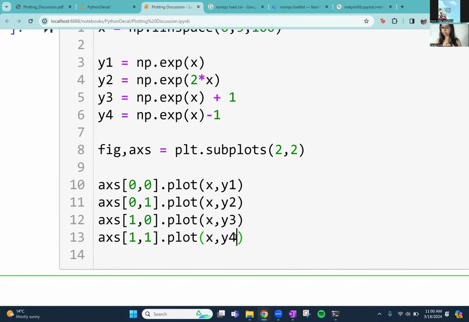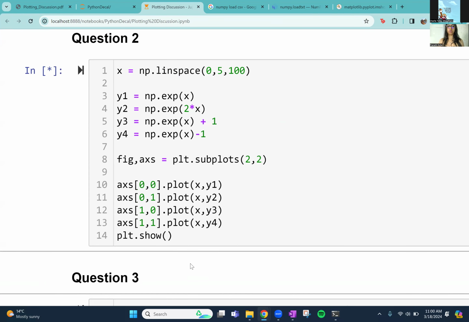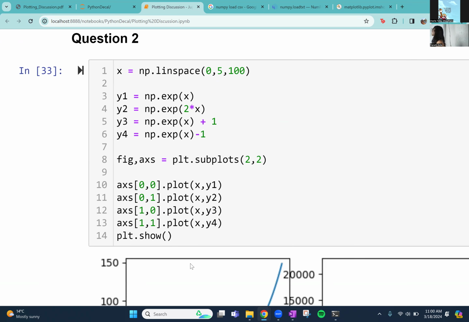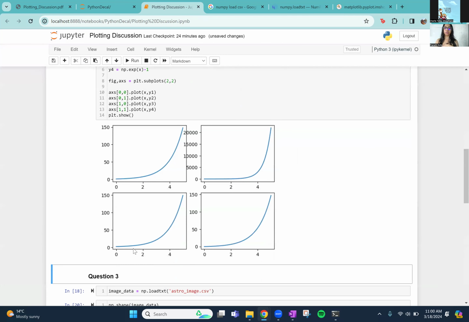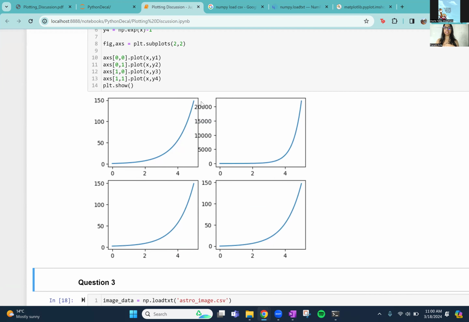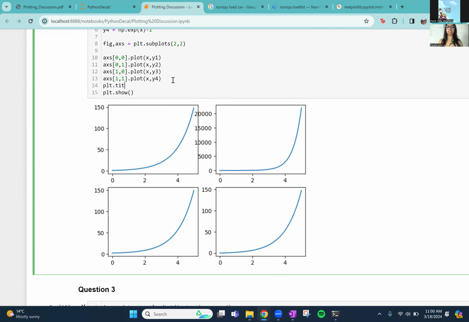Cool. So when I do that, I can plot that by doing plt.show. I'm out of time, so sorry, but I just want to show you guys that this will generate subplots, and then you can set separate labels and titles for each one of the subplots. Cool. So those are my subplots. We can see here that the axes are weird and overlaid. You can fix that by doing a plt.tight_layout,